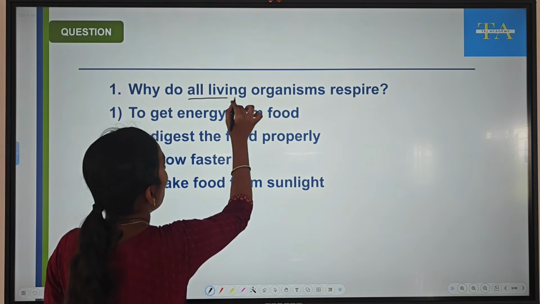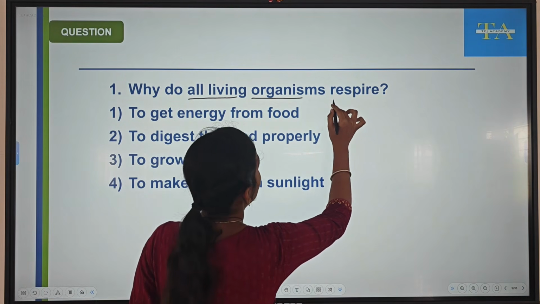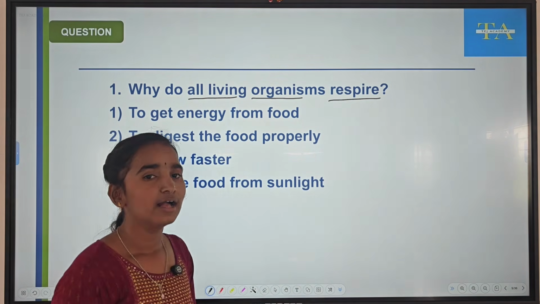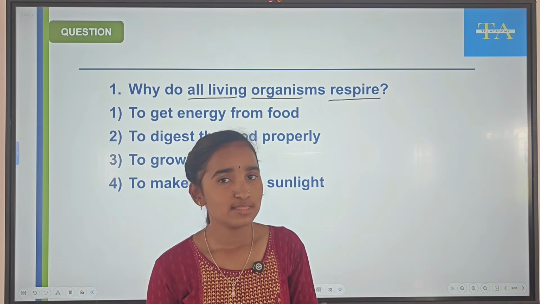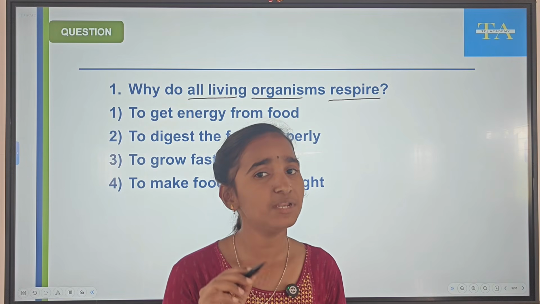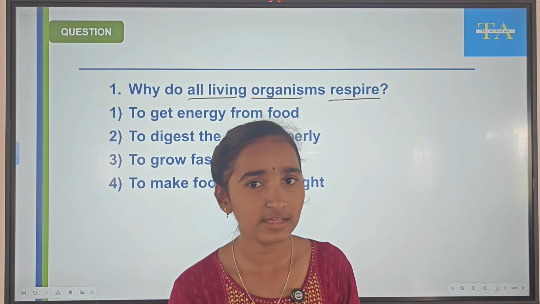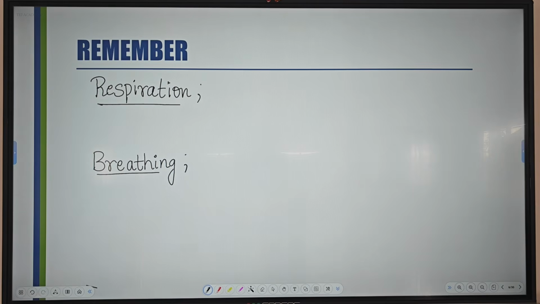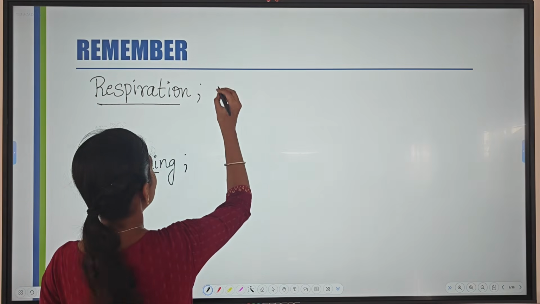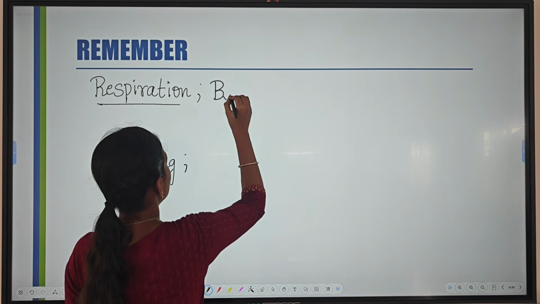Why do all living organisms respire? First of all, what is respiration? Is respiration same as that of breathing? We'll understand that. Respiration, it is the breakdown of food